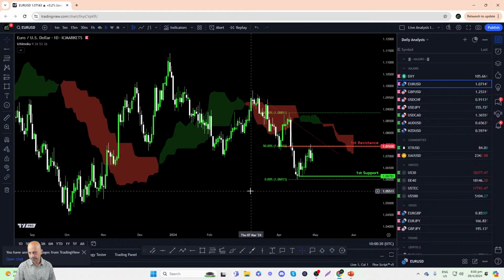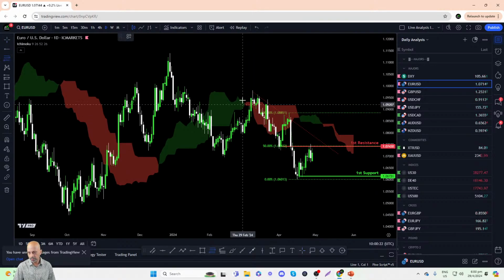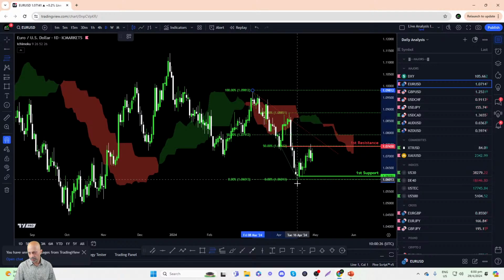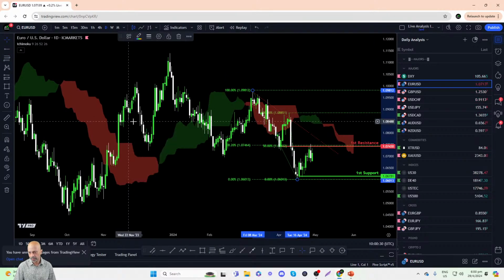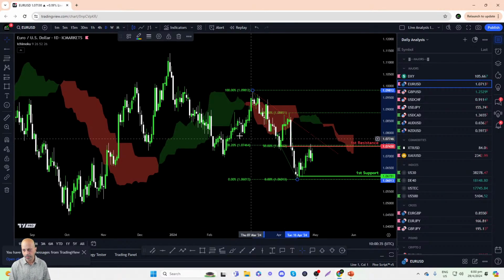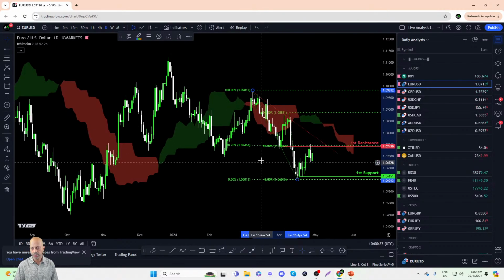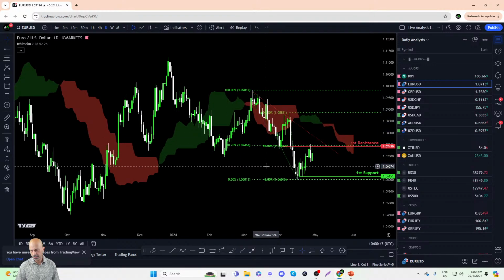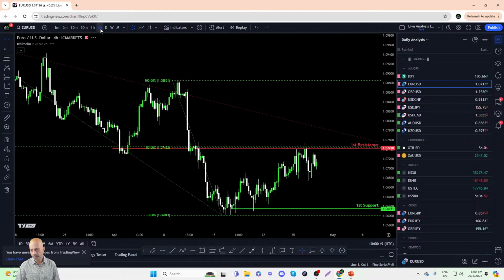Let's see if there's another retracement I could use from here. Swing high resistance of 8th of March down to the low on the 16th. Maybe it's a 38% here. Right, okay, so we have a 38% Fibonacci retracement and it aligns well with the 50%. So we have basically a Fibonacci confluence here. Fibonacci confluence simply means you have more than one Fibonacci level at a particular price zone, right? So that adds to the significance of this resistance here. All right, okay, let's move on down to the 4-hour time frame.